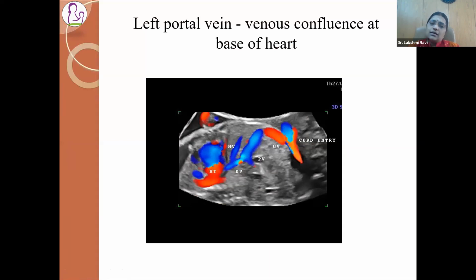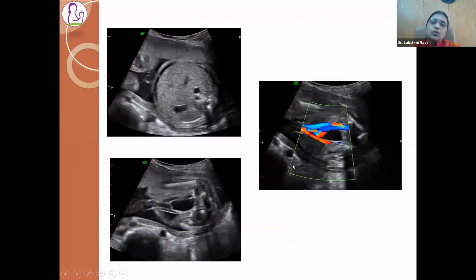The next potential usage of 3D ultrasound is the color flow mapping of vascular anomalies. So what I'm showing here is just the simple ductus venosus. This is the umbilical vein, and this is the ductus venosus, and this is the heart. And just look at this case scenario, you see that there is a nice big vessel sitting here